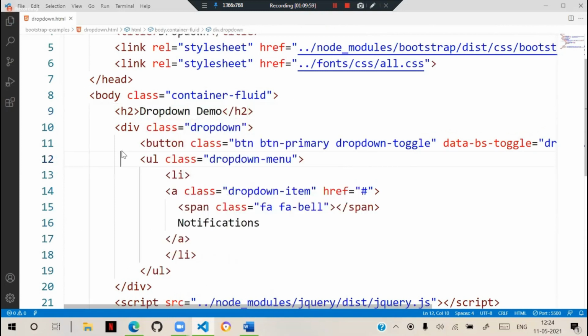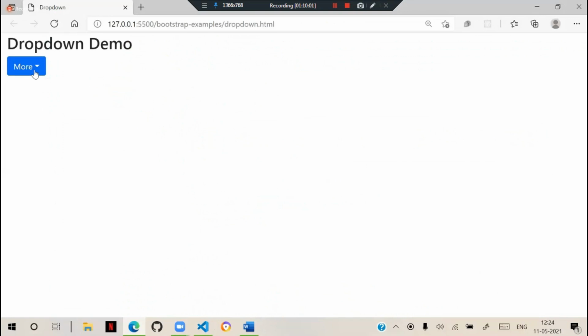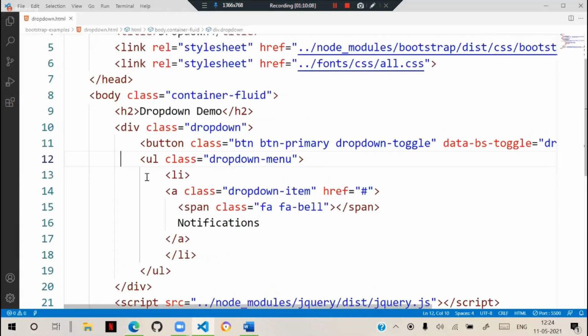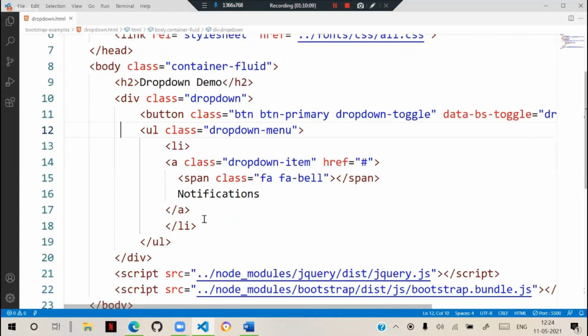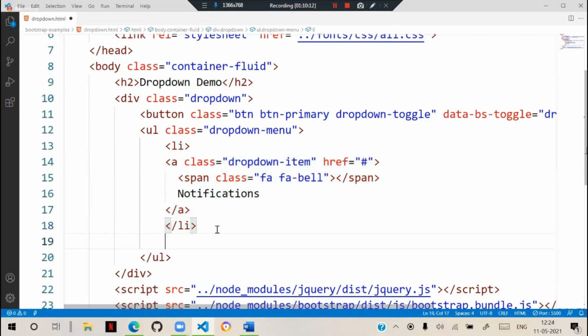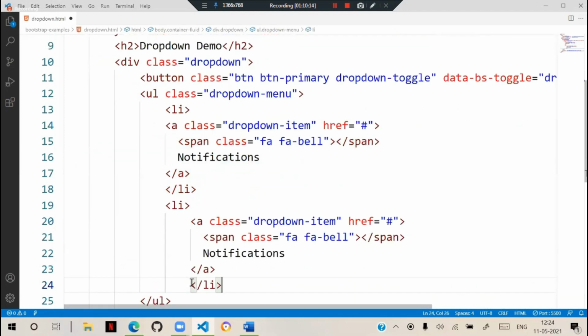We will put in a toolbar also, and this opens that Notifications. And we can add many items now. That means every list item will have an anchor, so that anchor is dropdown-item. And here we defined Call, so Phone.